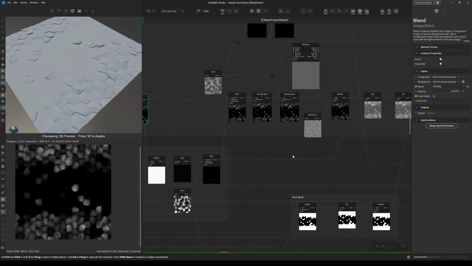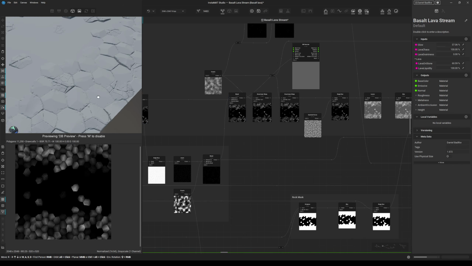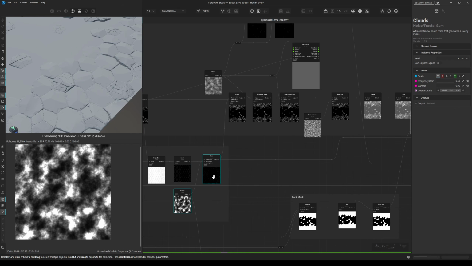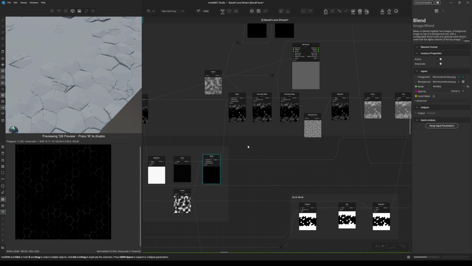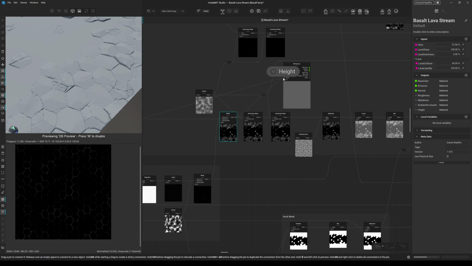The next step is a good example of why this graph is not really optimized. I blended the gaps over again. And there's really not much difference. I inverted the slope blurred gaps here and blended in this clouds noise. I wanted to have a bit more variance in the gaps, but yeah, it's probably really unnecessary as you don't